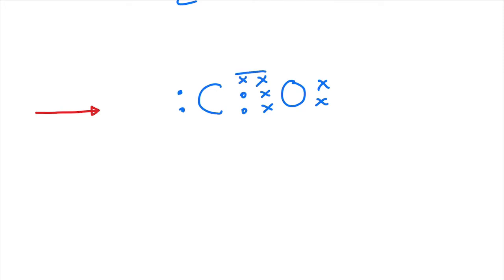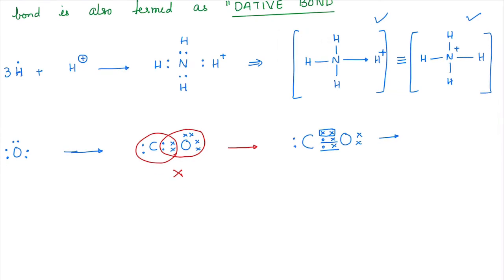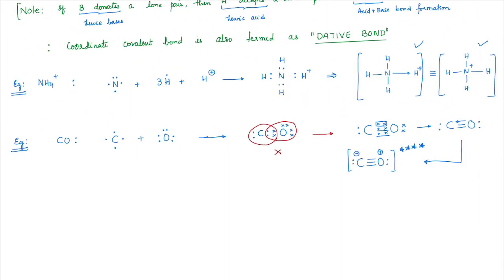Okay. So you can see that this is a coordinate covalent bond, this is a covalent bond, this is a covalent bond. Okay. So if I show that in a bond line form, it is actually C double bond O, and then there is an arrow towards carbon with one lone pair on this side and one lone pair on this side. Right, guys? The same thing, if I represent in terms of coordinate bond and covalent bond, I can write that as C triple bond O, with this getting minus charge and this getting plus charge. So carbon monoxide structure is very, very important. You must know how to write that. Is that clear, guys? Have you understood this, everyone?